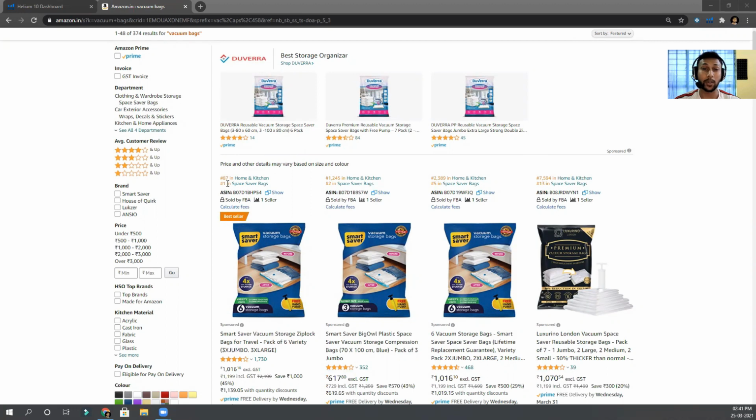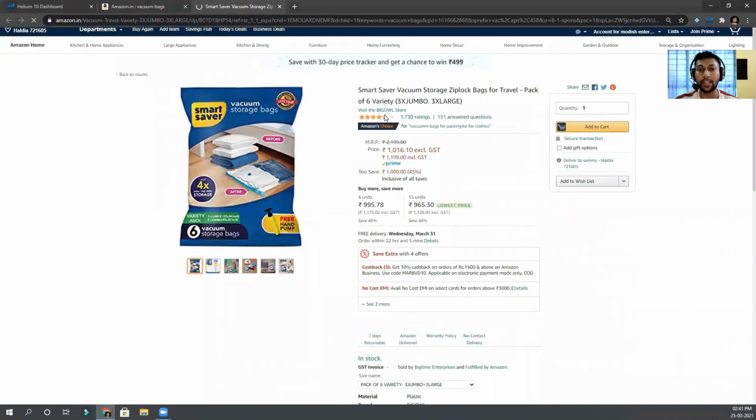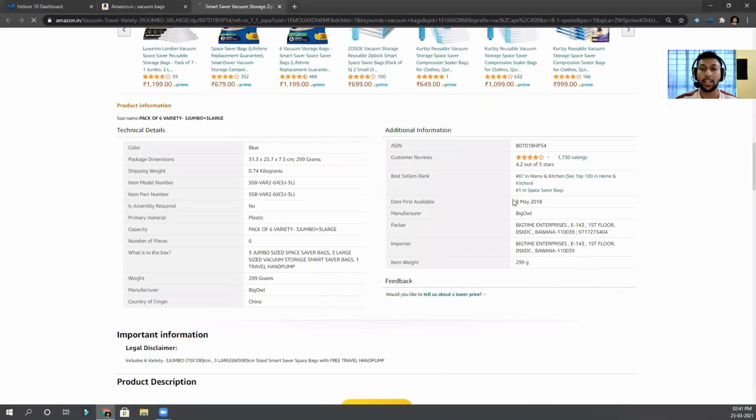Okay, now if you are an old seller, you know how important it is to actually show the BSR at the top or BSR at the front search tab. Okay, because otherwise when you go deep, you have to open the page, open the particular product, like this, you have to open it, then you have to come to the bottom, then you have to check the BSR. Okay, this one is good then.